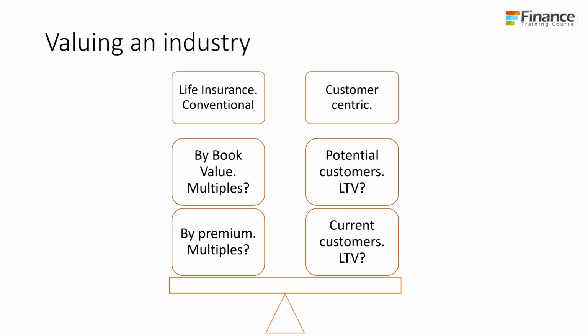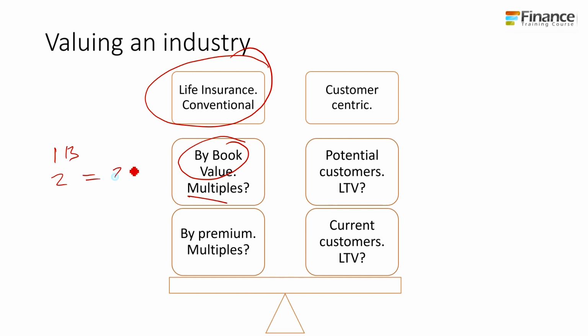For example, if I want to disrupt the life insurance industry in Pakistan, I can take a look at how much the insurance industry is worth using a conventional approach. And that conventional approach has a shortcut method, called the book value method or the multiple method. So I take the book value of the industry and I have a valuation multiple that I use as an investor, and that gives me a sense. So for example, if the book value of the industry is 1 billion and the multiple is, let's say, 2 times book, the industry is worth about $2 billion.